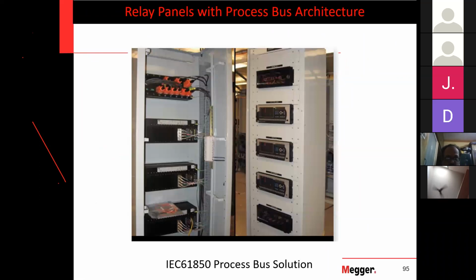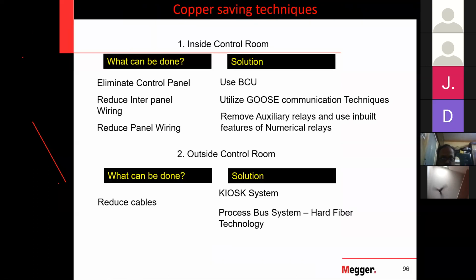So in future, this is how the substation will be. No copper wire. You can see all these are fiber cables. Only 3 wires just to power up the relay will be there. So it's fully digitalized. That's why it's called a digital substation. So you can say IEC 61850 based substation, or since we are having hard military standard fiber optic cables, we can call it a hard fiber system or merging unit system or smart substation. So all names are the same. In smart grid applications, these are the advancements which have happened in power system protection.